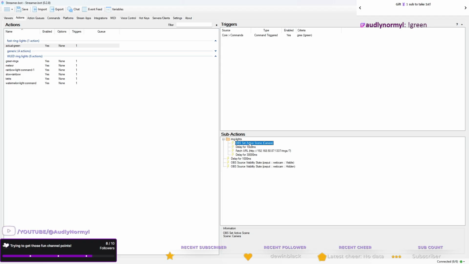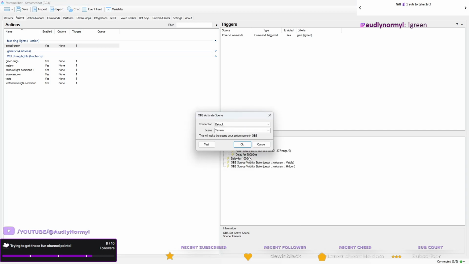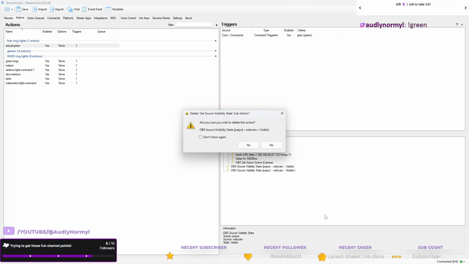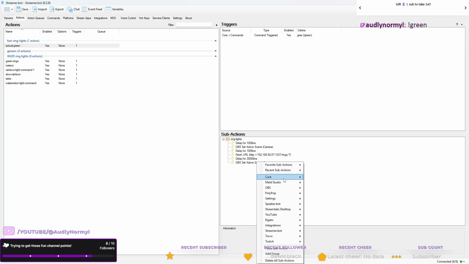Okay, so we're actually going to do this with the scenes for right now, just so we can kind of see it working and just make sure that we have the rest of it kind of set up correctly. I think there is get current scene.